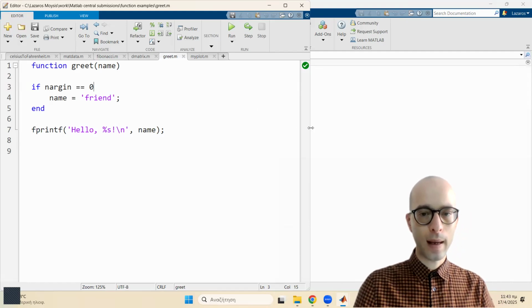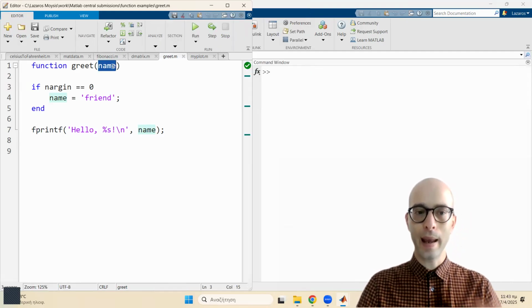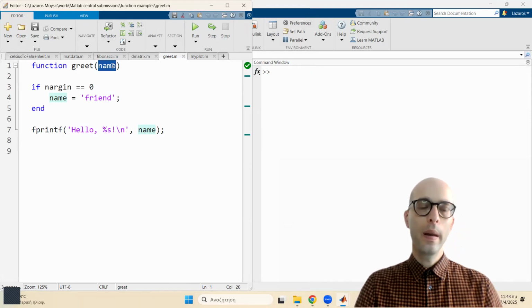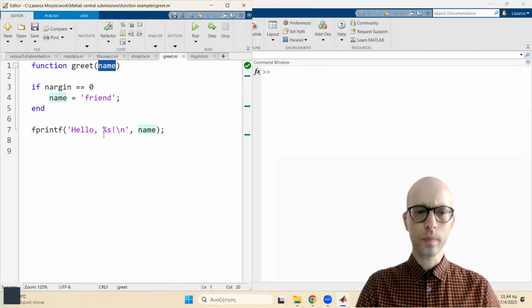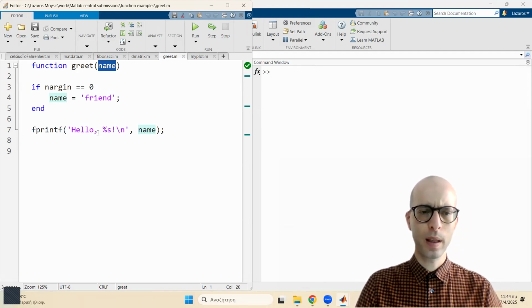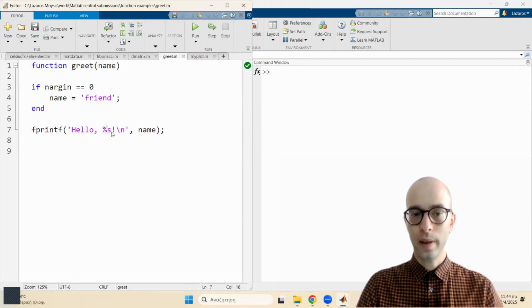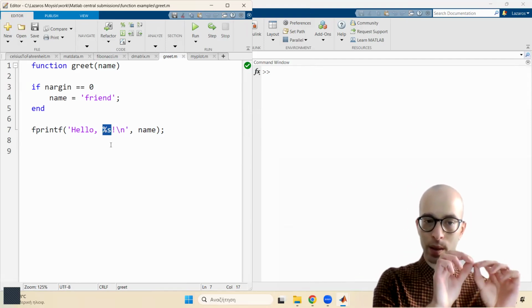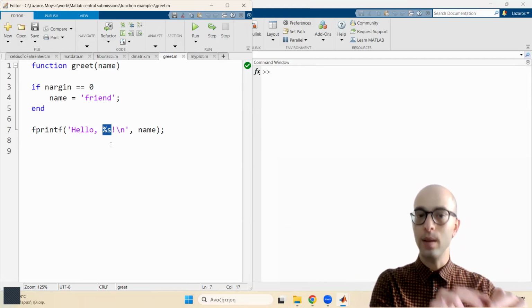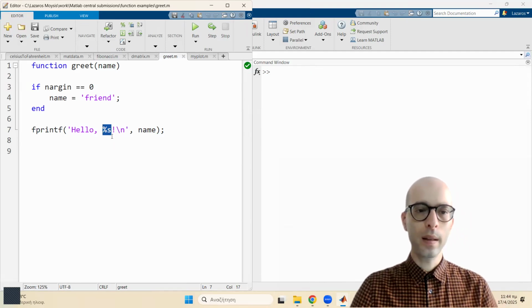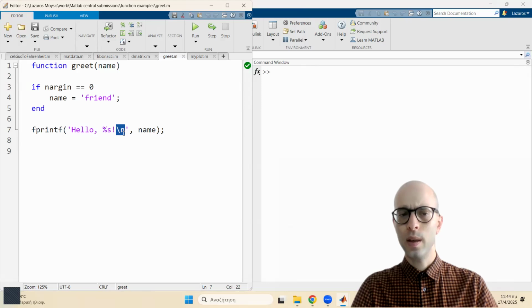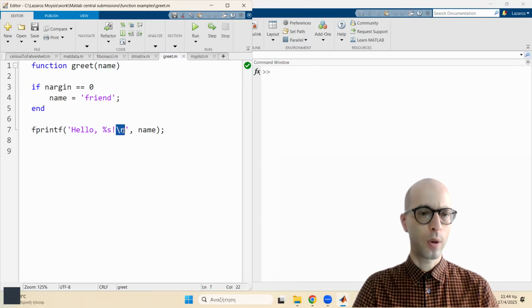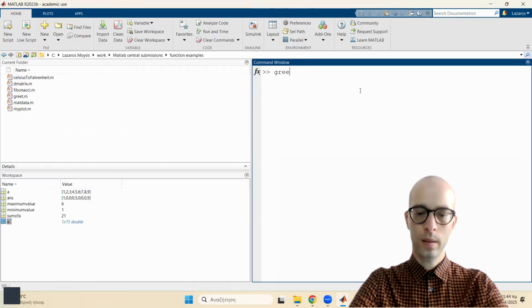So here I have a function that takes as an input a name. And what does it do? It simply prints hello and the name that I'm giving it. This command right here is fprintf, and it gives percent s, which tells us that it takes as an input a string value and prints it right at this point, and then has an exclamation mark, and then a command that says change the line in your code. Okay, so if I call it, let's say we are using greet